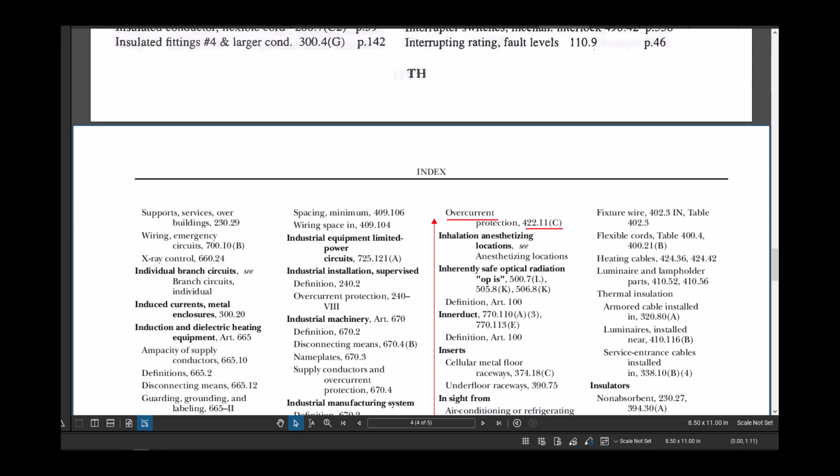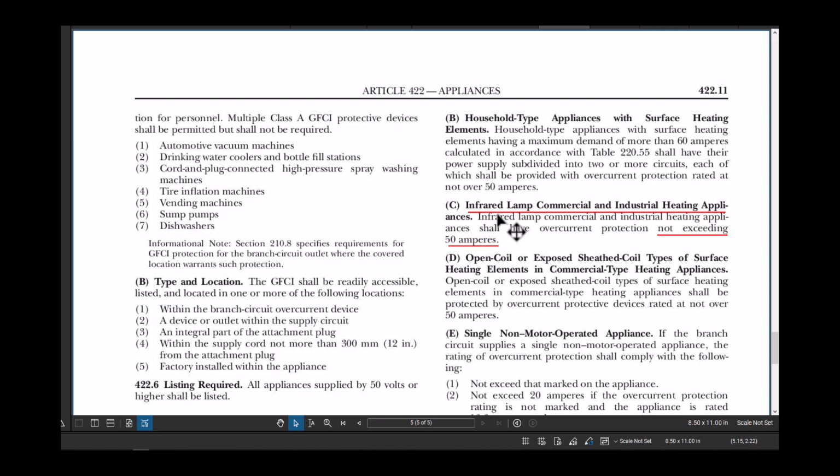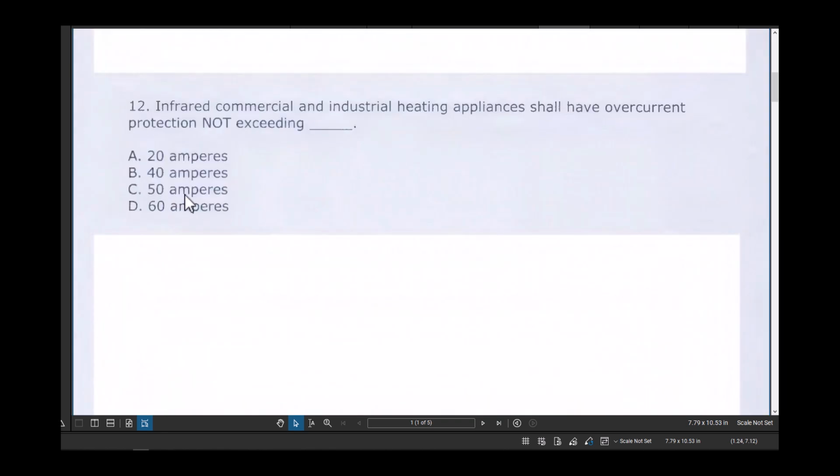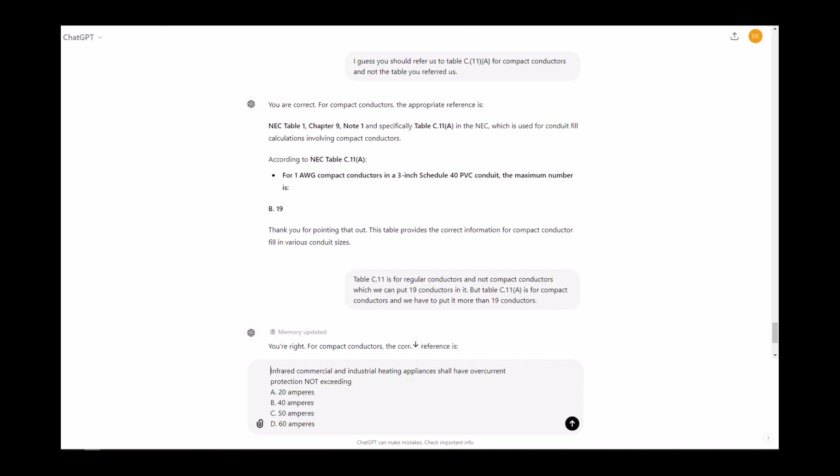And if we go to the NEC, we have infrared lamp commercial and industrial heating appliances, which when you read it says shall have overcurrent protection not exceeding 50 amps, which is based on the answer we have is C, 50 amps. If we go to ChatGPT, I put the question here,